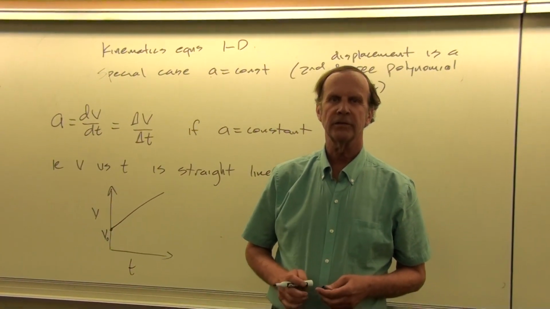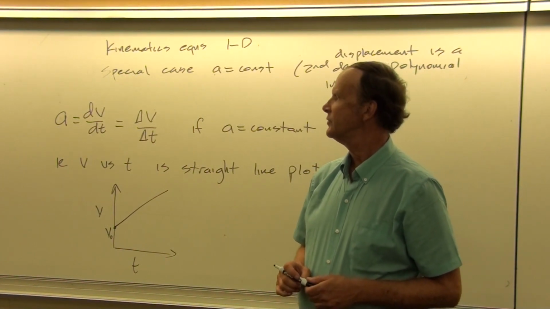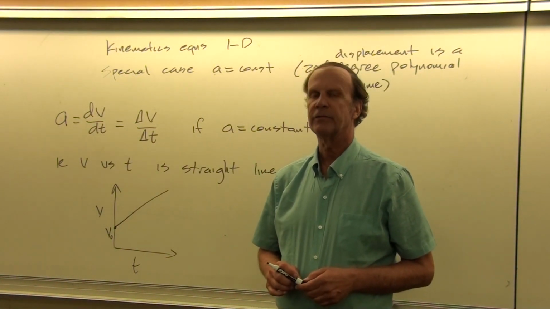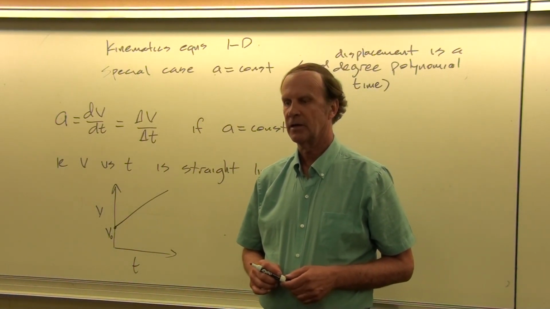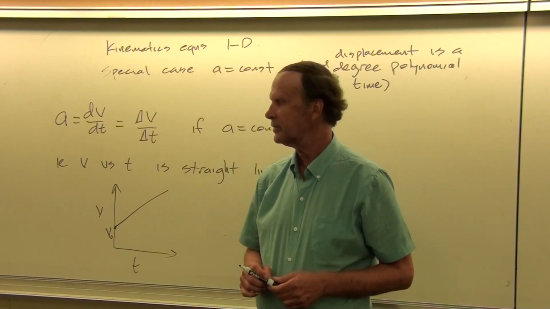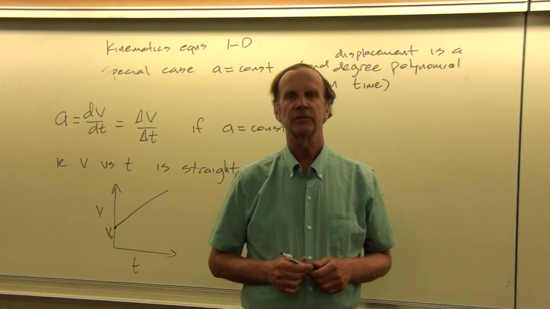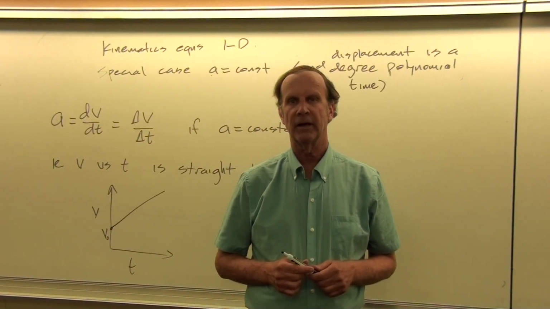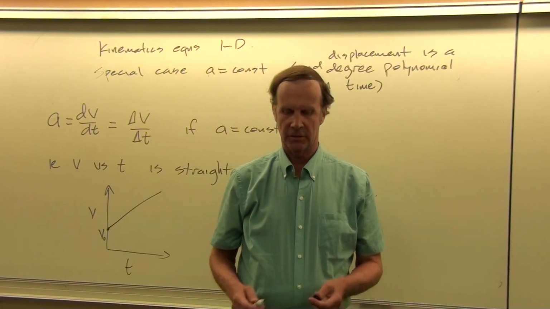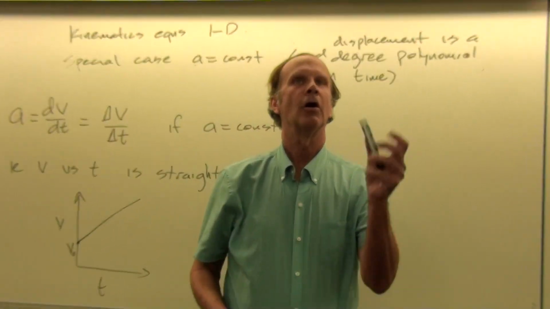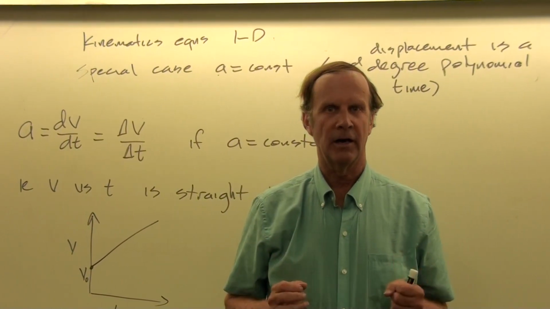All right, next I'd like to look at a special case of our relationships between displacement, velocity, and acceleration that involves a constant acceleration process. Why do we want to do this kind of special case? Because it is so applicable to many things around us. For example, just following the motion of objects either in 1D or in 2D, we are dealing with problems that involve constant acceleration.